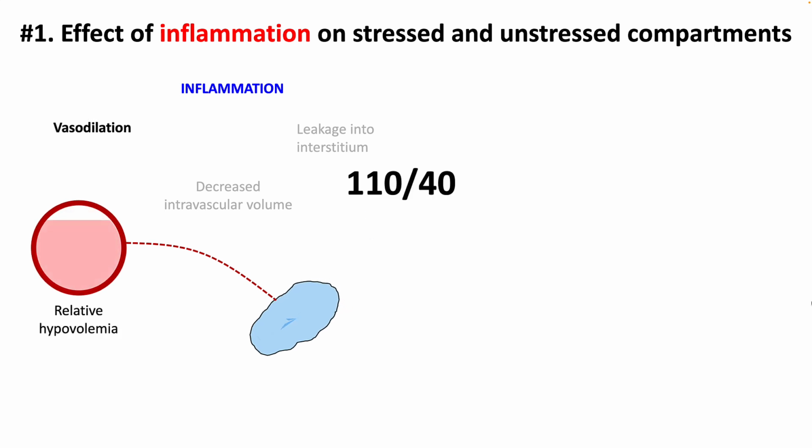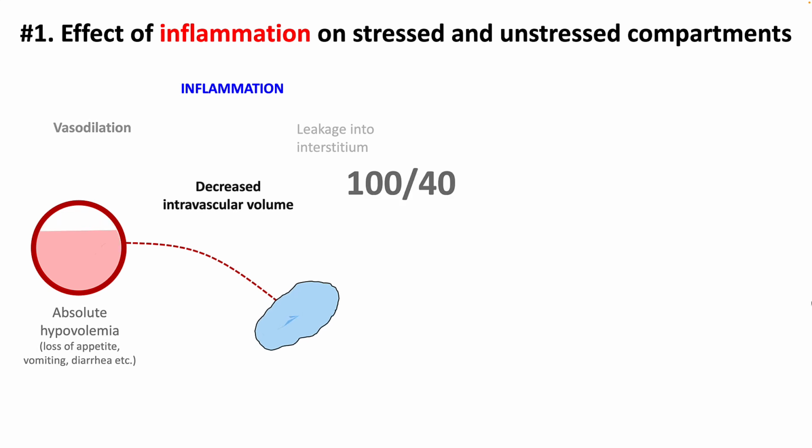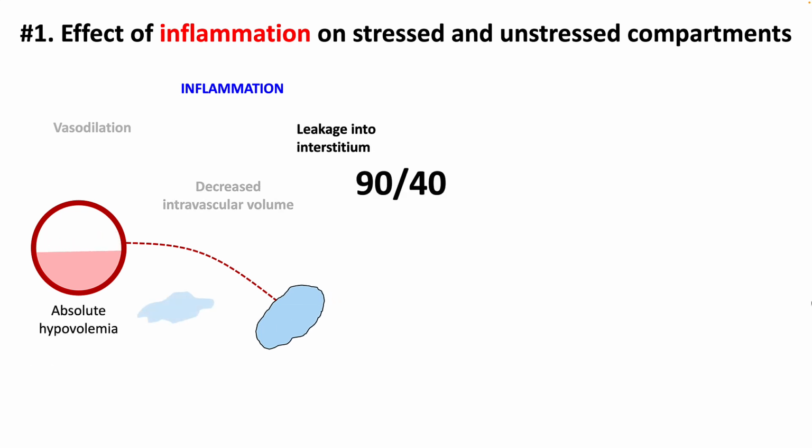First, by causing vasodilation, which results in relative hypovolemia, decreased intravascular volume. Second, this happens as patients have loss of appetite, decreased PO intake, vomiting, diarrhea, etc. during the inflammatory response. That results in absolute hypovolemia. And third, some of the fluid is going to leak into the interstitium, thereby decreasing the volume of the stressed